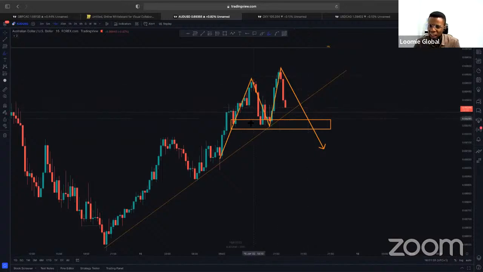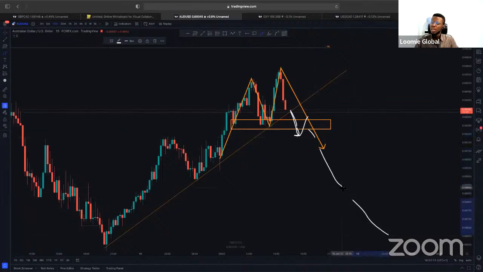So I'm seeing that the neckline of this M pattern is rhyming with our trend line. So if price breaks the trend line, I'll be watching to see, okay, we still have our M pattern, our neckline in this region. Let me see how price reacts, because this entire region could be acting as a support to this price movement, right? So if price breaks below this and is unable to break back above, so when price breaks and closes below this, that could be a confirmation that price is going to continue pushing to the downside, right?